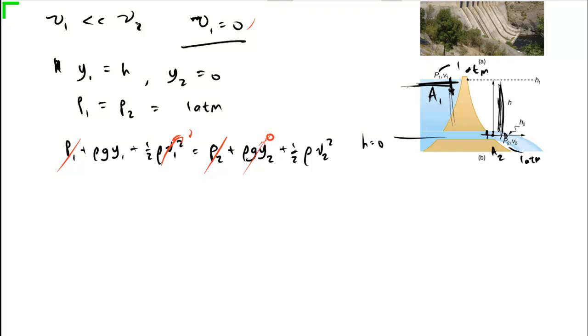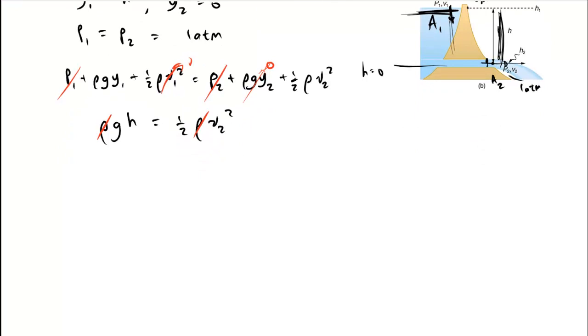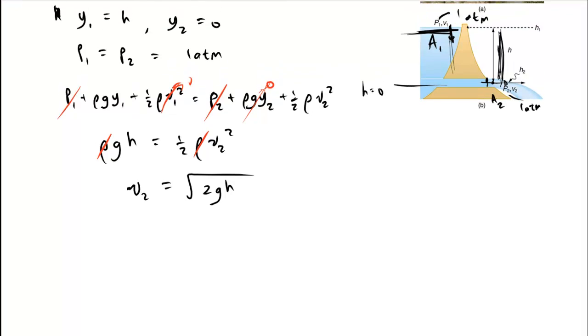So a lot of these terms disappeared from our assumptions. And what we're left with is density times gravity, and y1 we said was the height, so rho g h will be equal to 1/2 rho v2 squared. In solving this, the densities will cancel out. And solving this, we will have v2 is equal to the square root of 2gh. So the speed at which water exits the dam, at the bottom of the dam, is the square root of 2 times gravity times the height of the dam, the height difference between the puka and the top of the